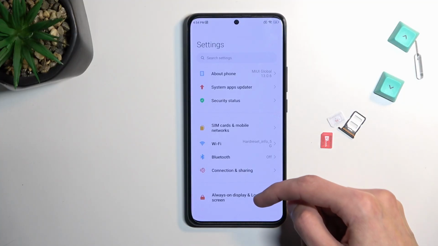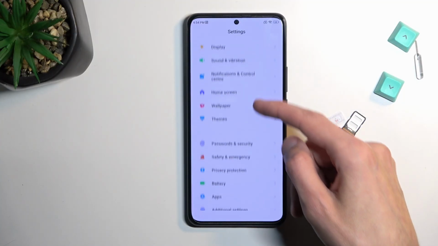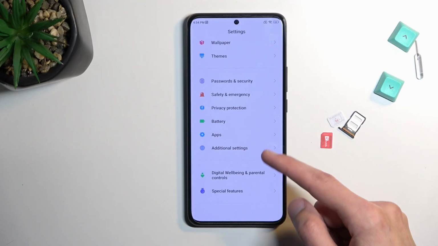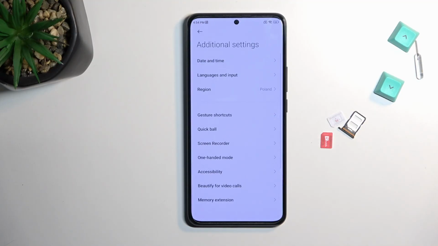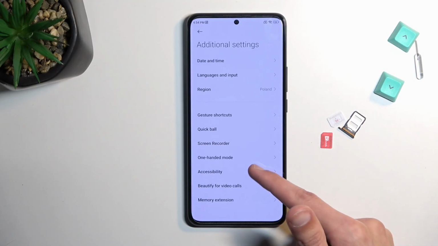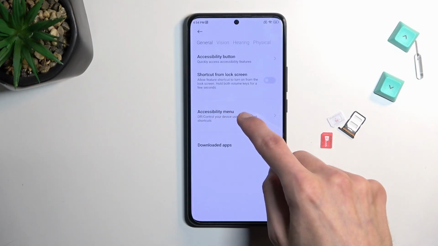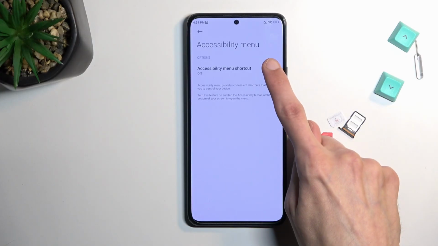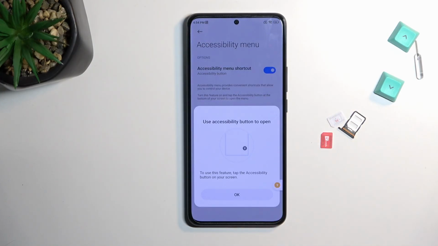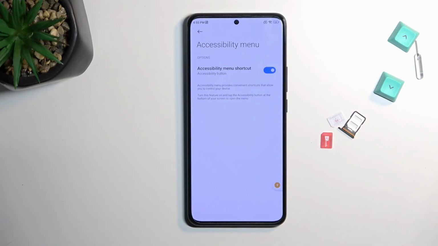And here we're now going to scroll down to additional settings. Then we're going to go to accessibility right over here, and you want to select accessibility menu, enable it and allow, and select OK. Okay, so we got that going, and from here